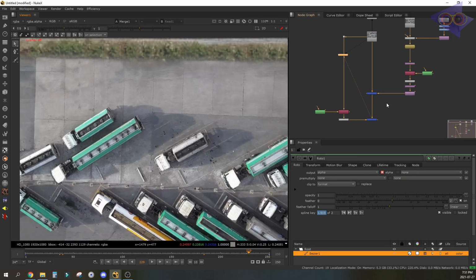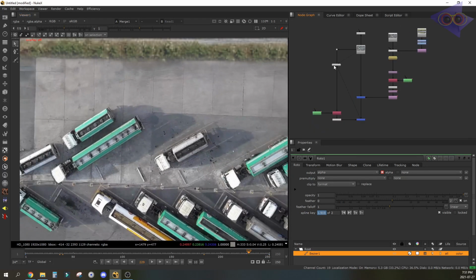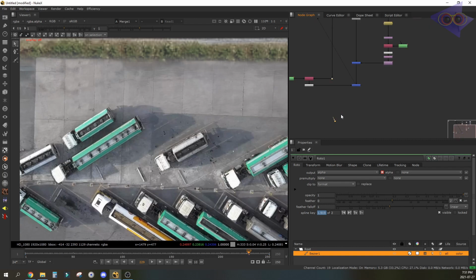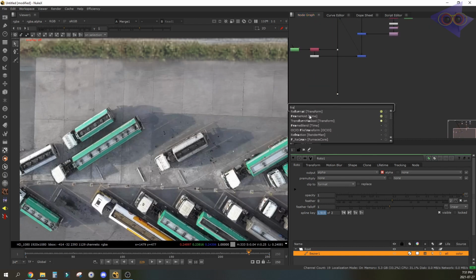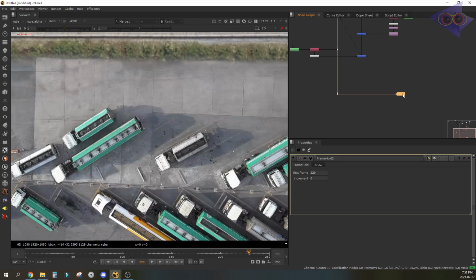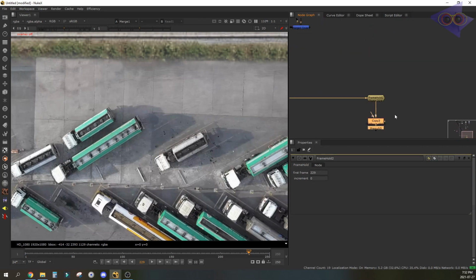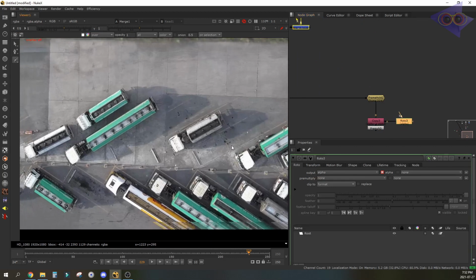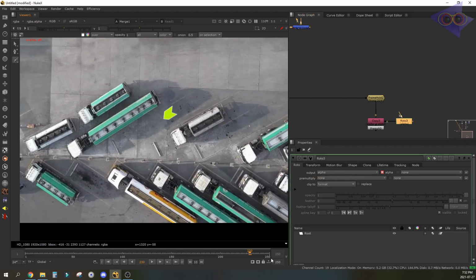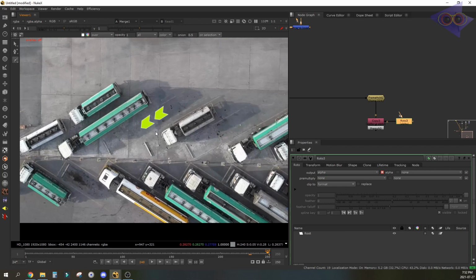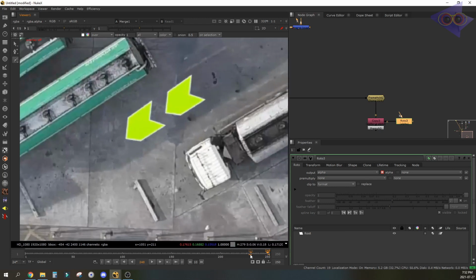Let's create the basic setup. Taking a frame hold node, pre-merged using a roto. It's a bit confusing to draw exactly here, but stay with me to sort this out.